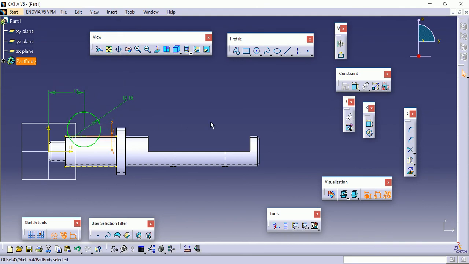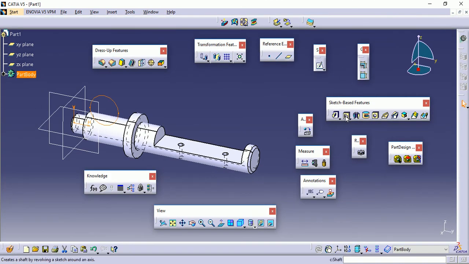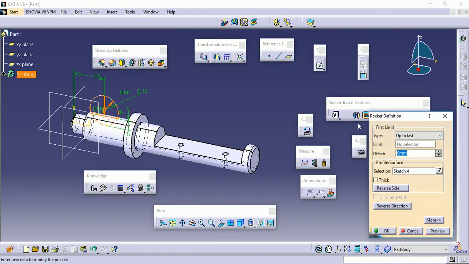And finally the total depth of cut is 3 mm. So this cut, as we know that it is symmetric, so here we can take it as mirrored extent 3/2, that is 1.5.